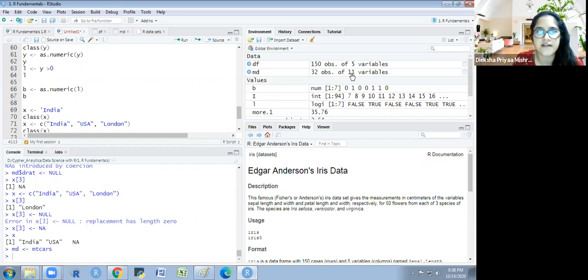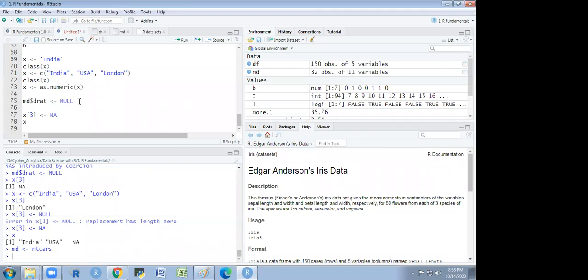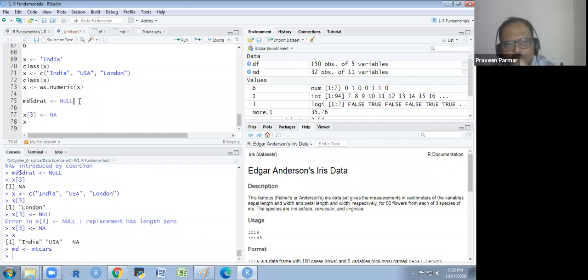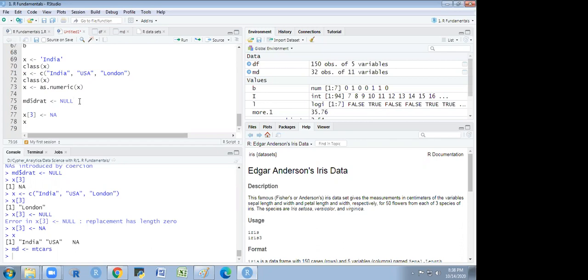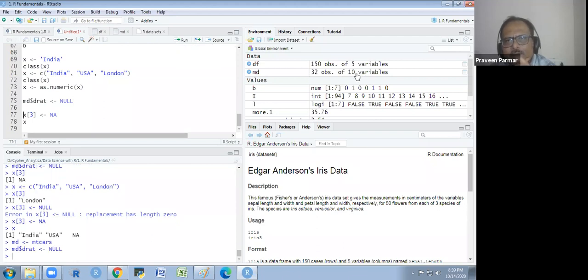Sir, what exactly have we done? We have omitted that one column. We have removed your column from our data frame. It will not give you anything in the console. It's still showing 11 variables. So you are removing one, and you will get 10 here. If I run this, you see 11. If I run this, I am getting 10 only.